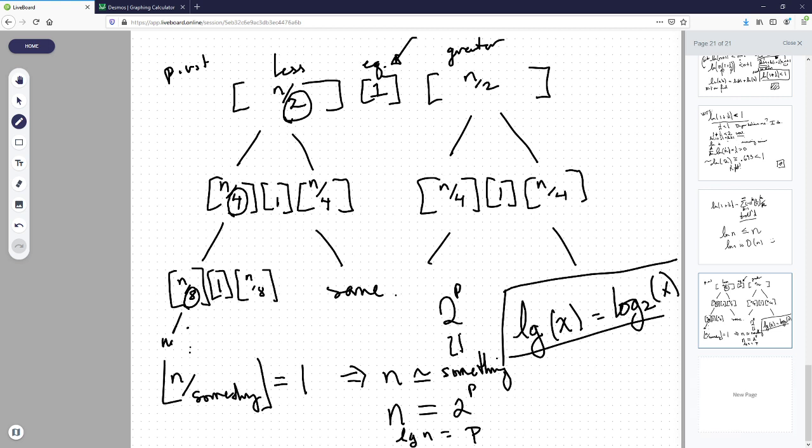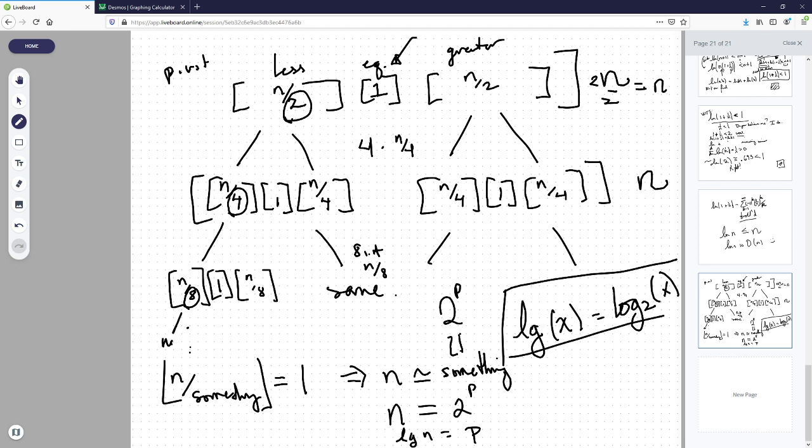So this is actually a fun one. Because each one of these things takes however long, so this whole step takes n to run. And then this whole step here takes n to run because we're basically scanning over 4 lists of size n divided by 4. And then at this step we're scanning over 8 lists of size n divided by 8. Here is 2 lists of size n divided by 2.